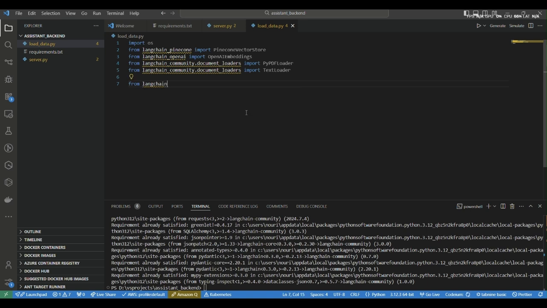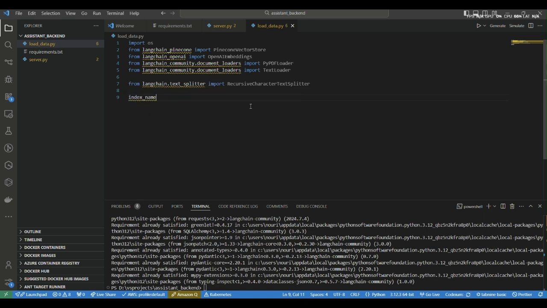For splitting, I'll be using the recursive character splitting, so let's import that as well from langchain text splitter. Okay, now that we have all the libraries,